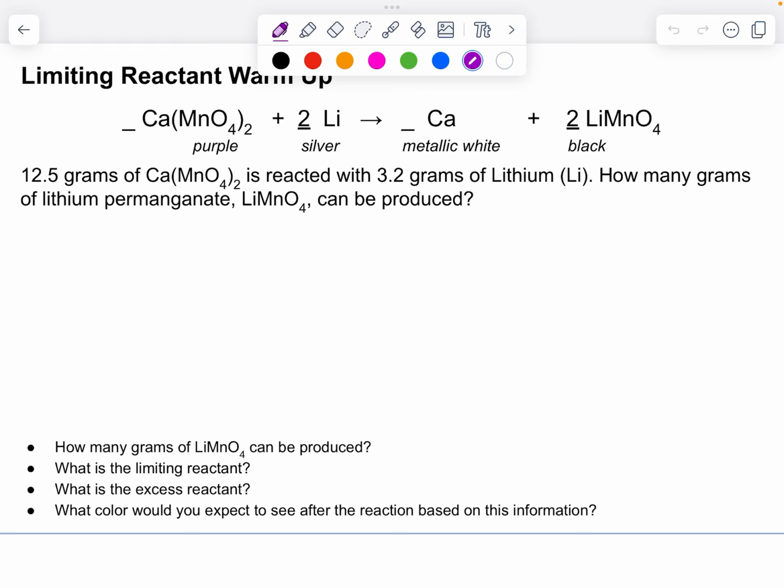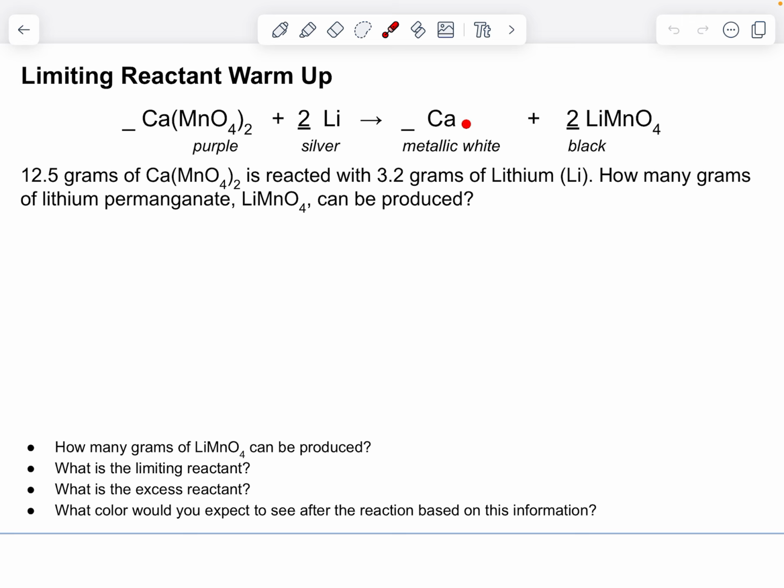This is an extra practice problem on limiting reactant calculations. Feel free to use this to practice and then check your work or follow along. All right, so given a reaction, and if we know the colors of our reactants, which are on the left,